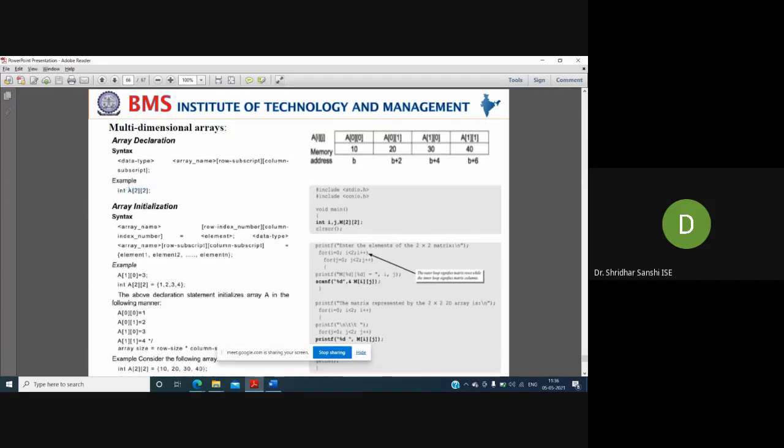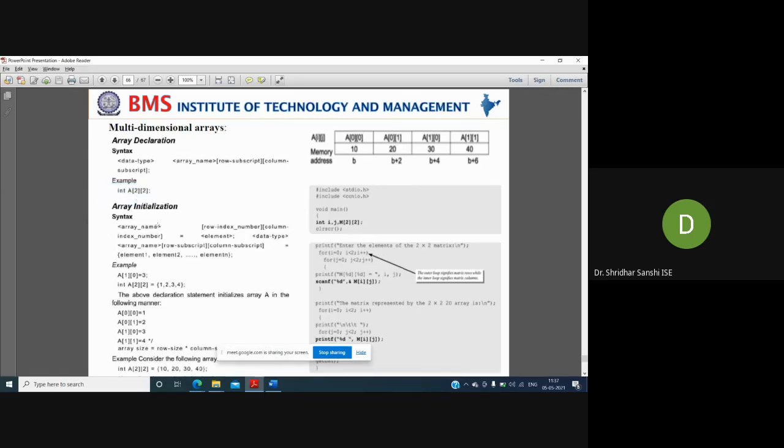If you want to define a three-dimensional array, you need to specify another square bracket and another value, say for example square bracket of 3. So I have a three-dimensional array. Depending upon how many dimensions you want, you can specify using square brackets.